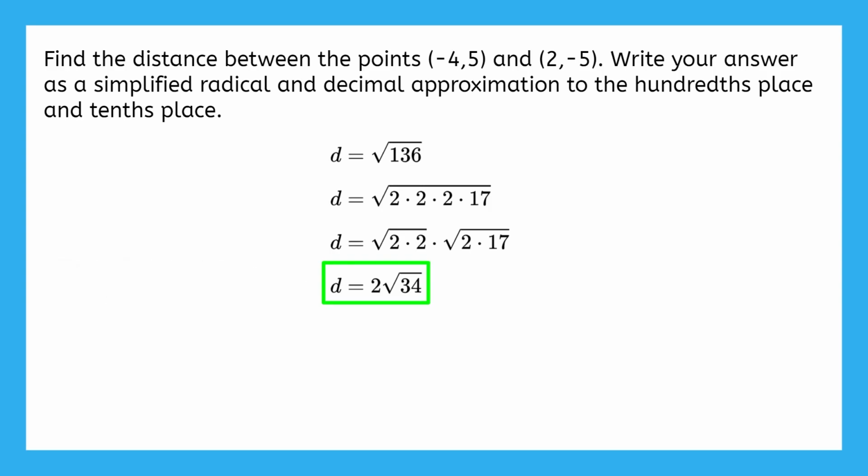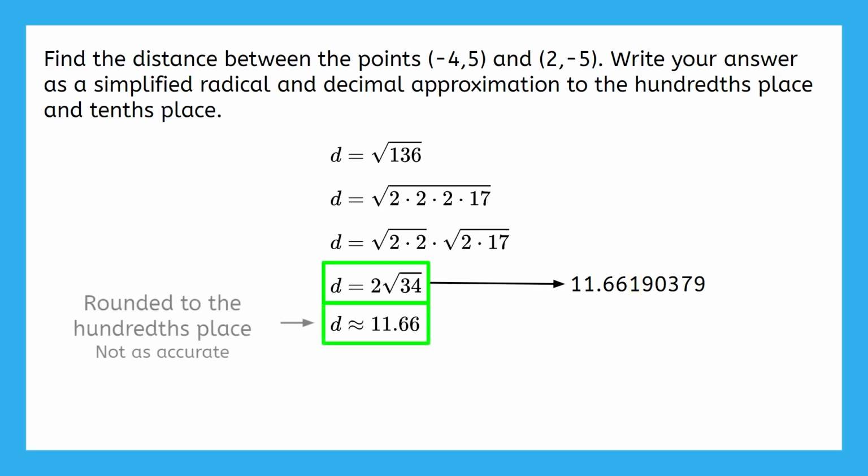We can also type 2 times the square root of 34 into our calculator to get a decimal approximation. Pause the video here and type this into your calculator now. You should be getting something like this. And know that even this has already been rounded by your calculator because it really goes on forever. Let's practice rounding to the hundredths place by looking at the number in the thousandths place. The 1 in the thousandths place is less than 5, which means we should round down and keep the 6 in the hundredths place, giving us